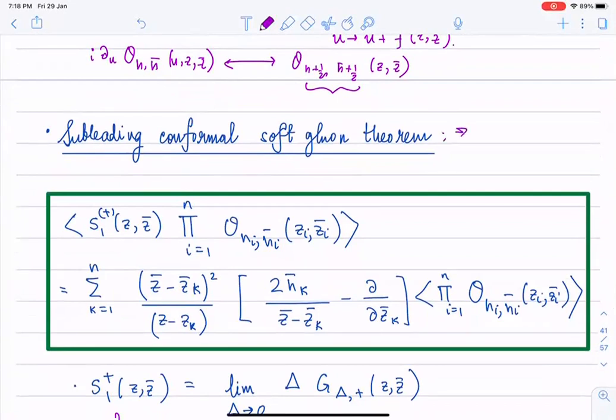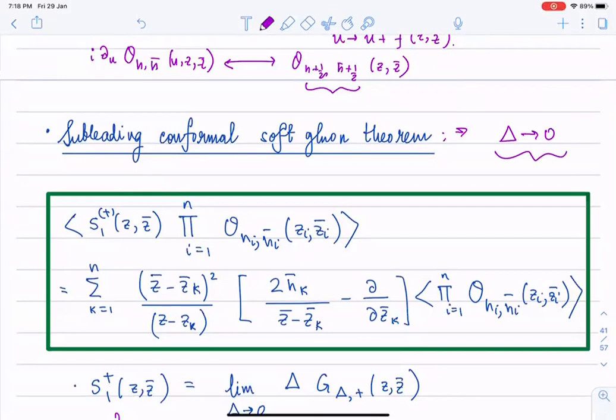In this case, inside an n-point Mellin amplitude, you can take the following limit: let's say delta goes to 0, and then, using similar arguments from before, you can show that an n plus 1 point Mellin amplitude in this limit is again going to factorize in terms of an